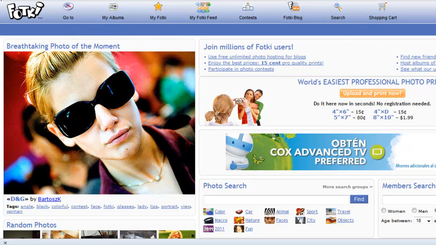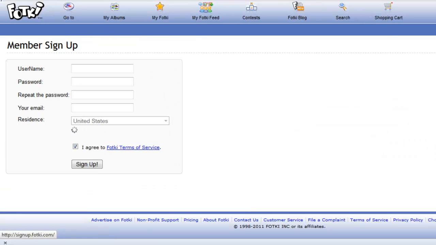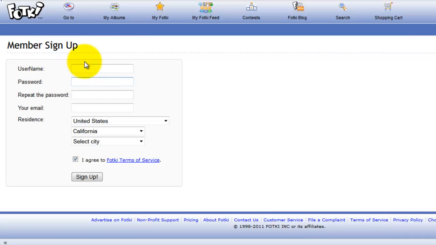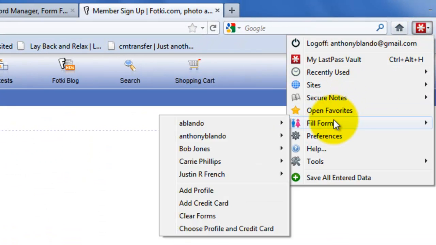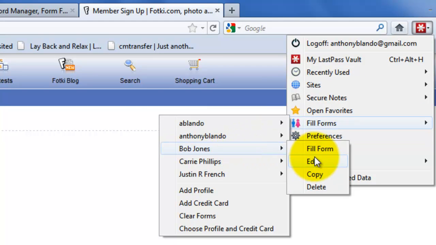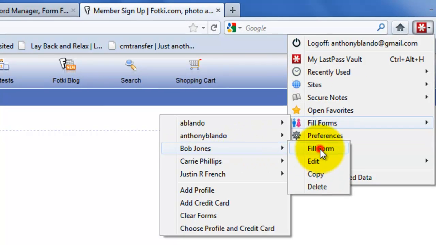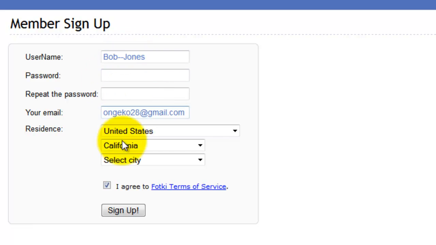I can sign up here, and I'm sure everybody has been to these types of things where you've got to fill out all this information. This one isn't that bad because I don't have to do my address, stuff like that. But simply here, I can use LastPass. It remembers the information in my forms that I've created,